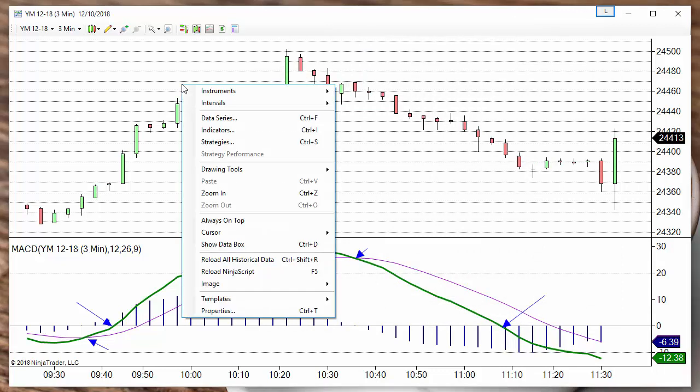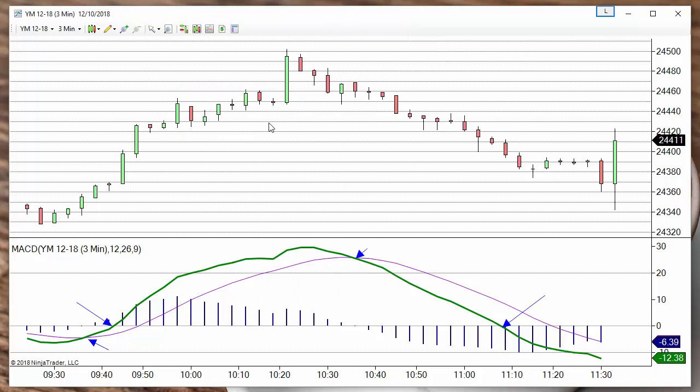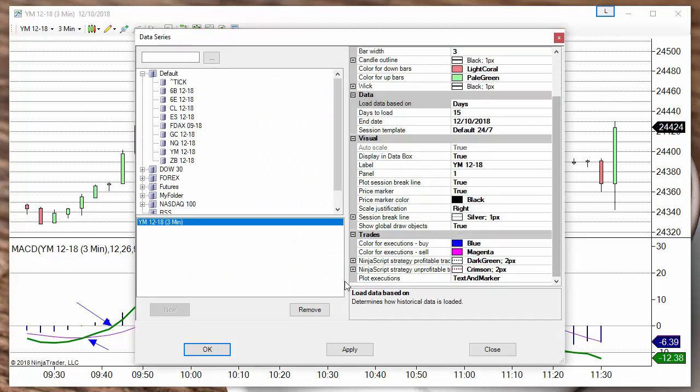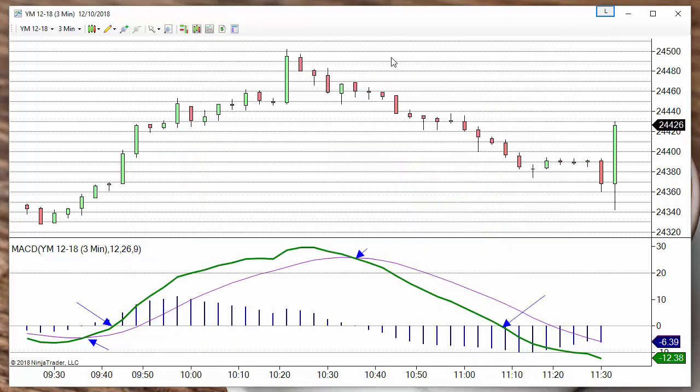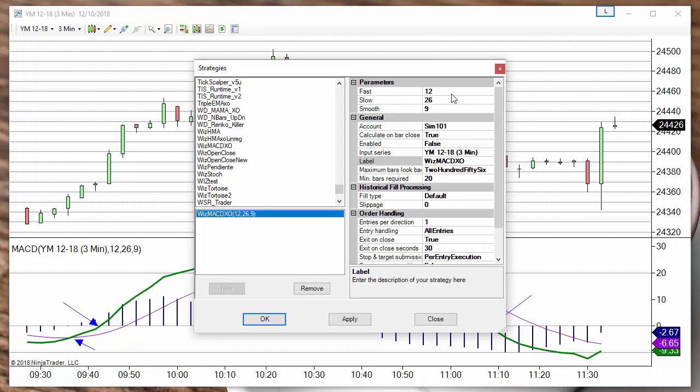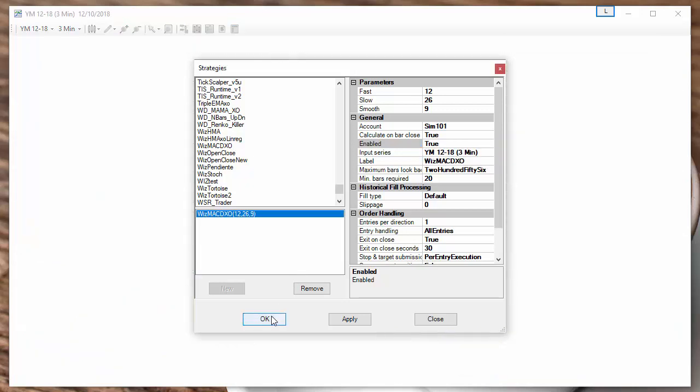Now to apply the strategy, first of all I want to see the results, I want to see the trades on the chart. So we right click, select data series and check that the plot executions is enabled. If not, we are not going to see any trade. Now strategies, search the last one we created with MACD crossover, select the input parameters like the ones we have on the panel and set enable to true. Click on OK,